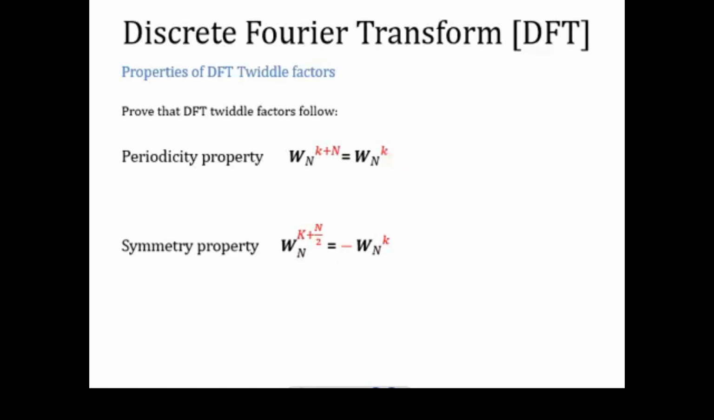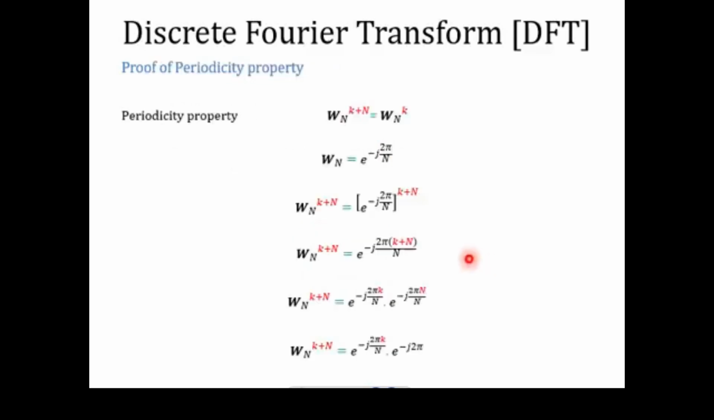Let's check them in the upcoming slides. Let's start with the periodicity property, which is Wn^(k+n) equal to Wn^k. As you already know, mathematically Wn is equal to exponential minus j 2 pi over N. So we can simply replace Wn by exponential minus j 2 pi over N. So Wn^(k+n) will become equal to this thing,